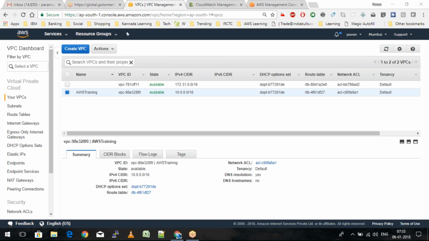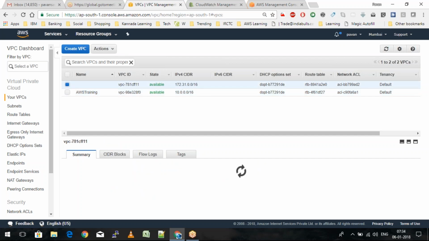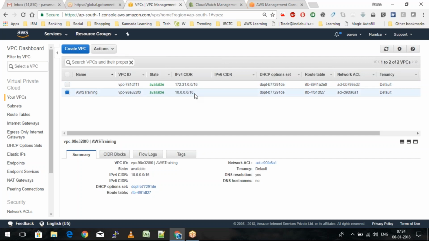But then my company finds out that they are trying to misuse the information while logging in from the VPN, right? So they can easily find out which requests from the VPN have come across and are trying to misuse it. It will be easily located from the flow logs, because flow logs will have the IP addresses. If someone is accessing from the company, I will have a specific CIDR block range, right? The company also has a set of IP addresses assigned to it. Let's say 10.0.0.0/16. So I know that only from these IP addresses are the requests going to come to my VPC for the company.